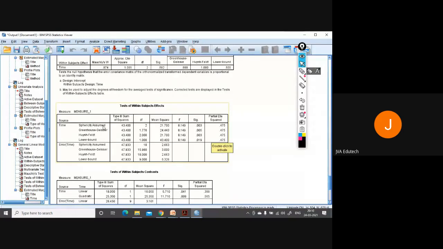And you can see that the F ratio is coming to be 8.149, and it is significant also. So we can write here as the result that we will report, however the F ratio is coming same in all the cases, but in some cases it might come differently.